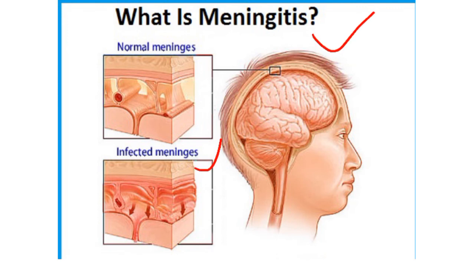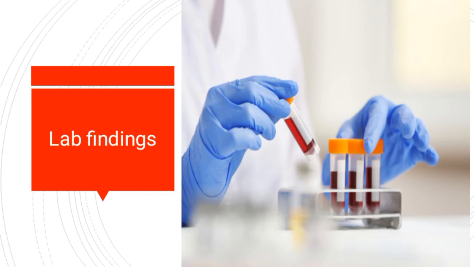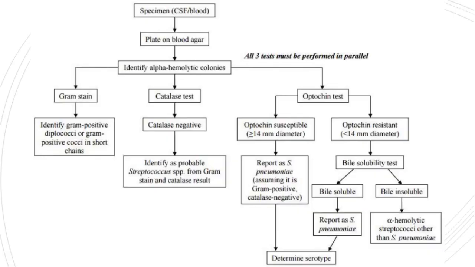Now, how can we diagnose strep pneumonia? We discussed all about its important properties. If you remember this, you will crack it in just a minute. Whenever a sample comes into the lab, it can be CSF or blood or whatever sample, you first have to culture it on a blood agar plate, and if you notice alpha hemolysis there, then after culturing you perform gram staining and the catalase test. If it is gram positive, as you have learned,